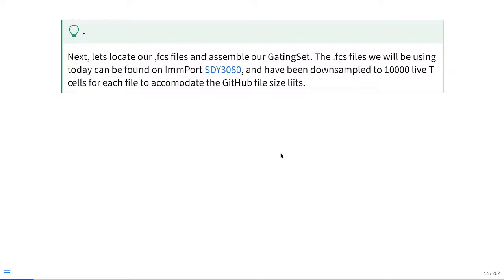So let's go ahead and repeat steps that we would have been doing for the last several weeks, namely finding our FCS files and then loading them into a gating set. We have a different data set today. These FCS files are still part of ImmPort's SDY3080 study, which is the cord blood cells in HIV exposure. In the case of today, I went ahead and downsampled everything to be just 10,000 live T cells so that we're able to share it with everyone while keeping in account GitHub's file size limits